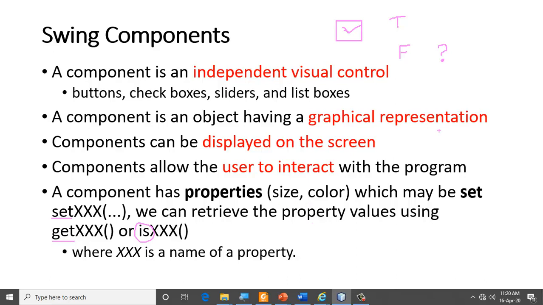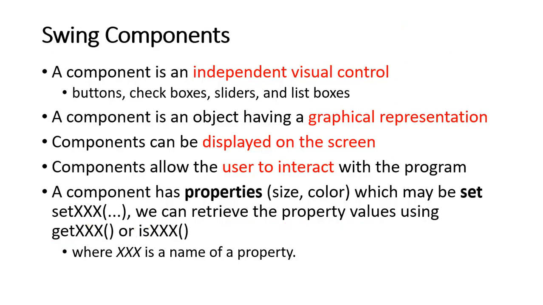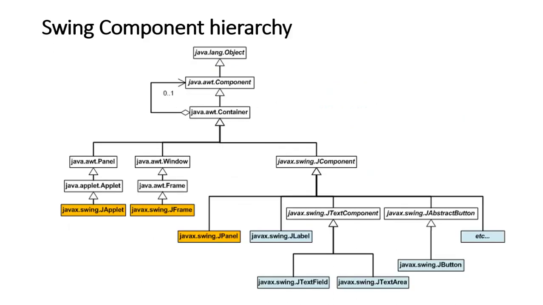So for example, I can say a property as isChecked. So isChecked is easier rather than getChecked, which is not easy to read. It's not like English, whereas is appears to be more like an English word. So they have one other set of properties called is. Both of them are used to retrieve the value, but for better English, they are using that. Okay, so now let's look at the hierarchy, how these components are created.